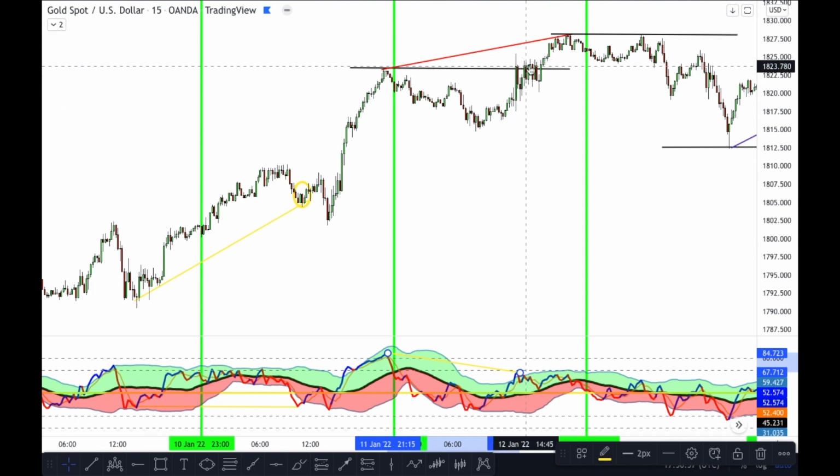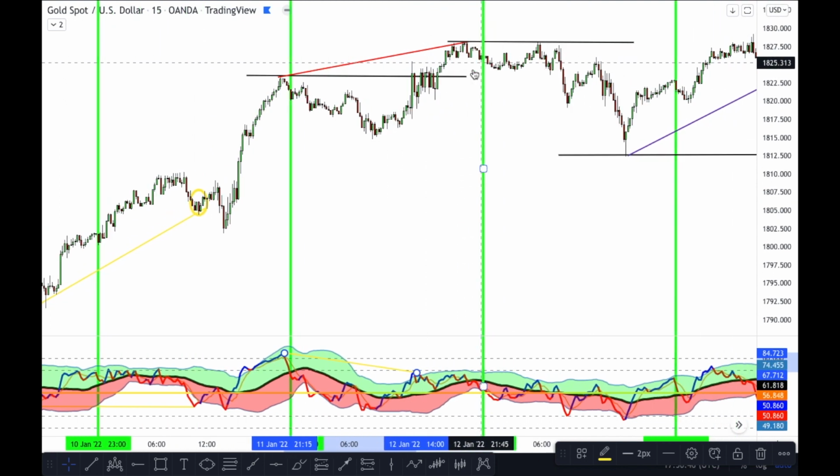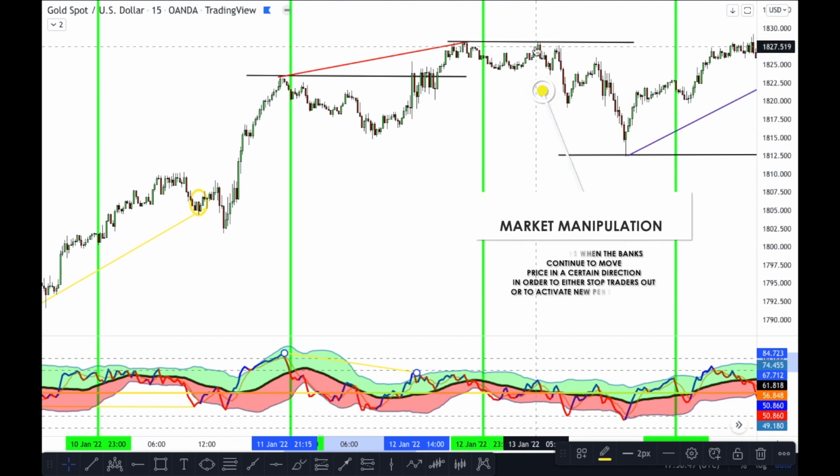Of course, they would have stopped us out in this trade, or it would have been in a position where you would have still been holding drawdown, just depending on where your stop loss actually is. And we can see what happened the next day coming in, the trade did actually occur.